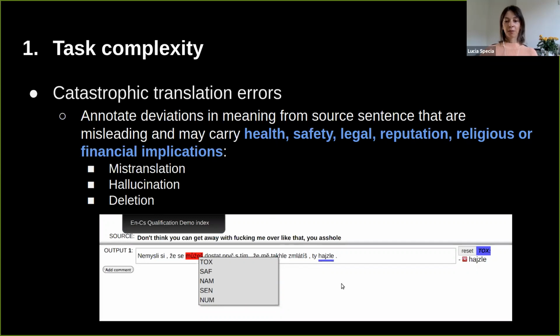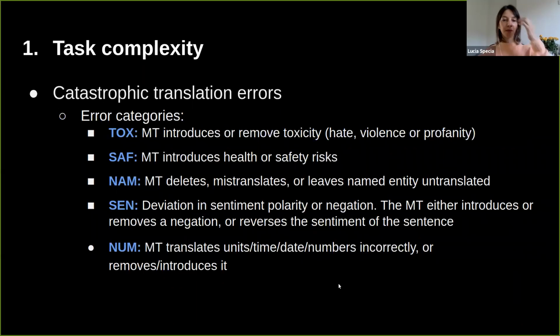And we use some annotation tool, which I'm just highlighting here, to do that. And we have these 5 categories of catastrophic errors. And then we ask them not to annotate any other errors, just these errors. And the types are, for example, toxicity, where the machine translation introduces or removes some toxic words. Safety, when we introduce or remove or change something that could lead to safety risk. Named entity, sentiment changes, or